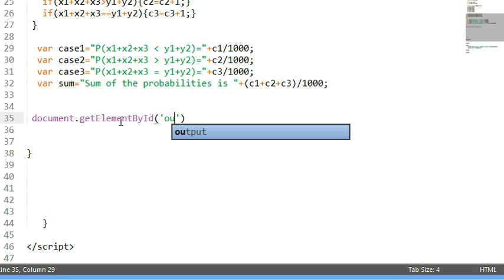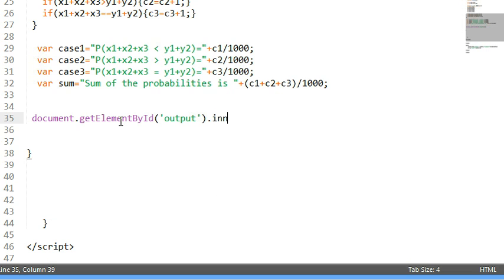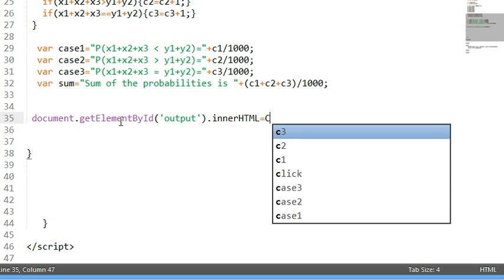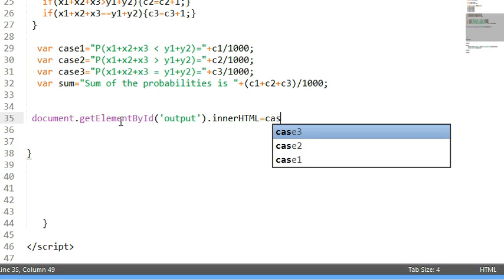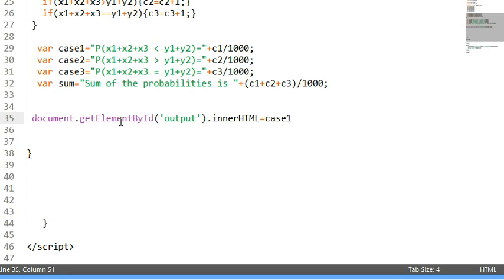And that ID I think was just output dot innerHTML is equal to, okay, so we have case 1 plus,